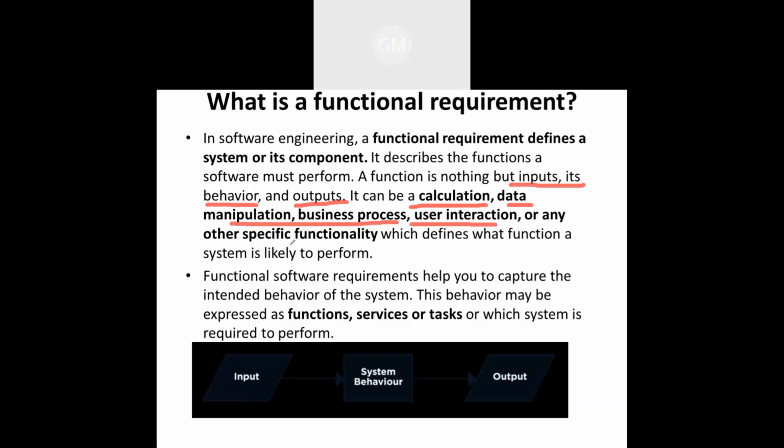As we know, the functional requirement of particular software captures the behavior of your system in terms of how and where or which functionality it provides, which types of services it provides, and the tasks which we can perform. Now we can see the example here. First of all, the input which we are going to provide to the system. The block is not visible, that's why I'm drawing here. That is given to the system behavior and it generates the output for you.